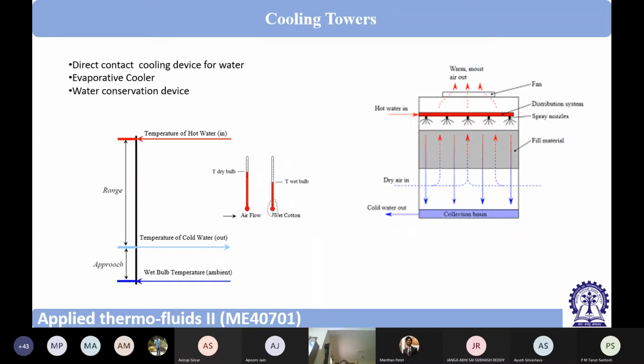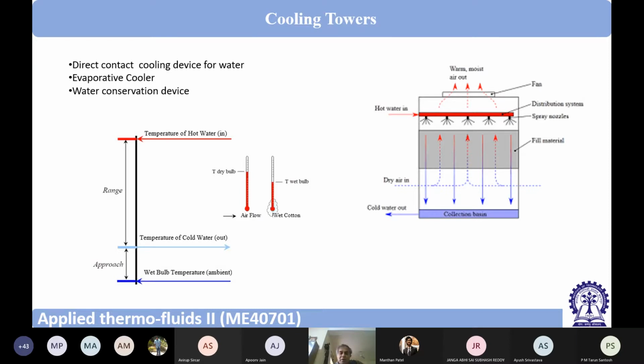Mostly we mean an evaporative or wet cooling tower when we say cooling tower. But nowadays there are almost similar volume heat exchangers where air and water do not come into contact. Those cooling towers are called dry cooling towers. From now onwards, these slides I have just added, and I have not sent this slide deck to you because in one or two places I will write a small description and then I will mail you the slide deck. That will be more useful to you.